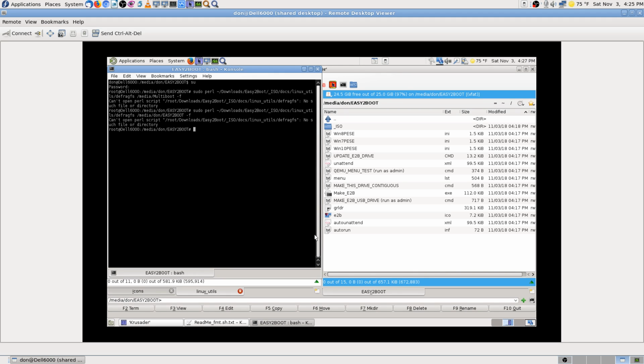Can't open Perl script. Root downloads. Oh, it says root. Okay, we don't want that, it's not in root. Why does it think it's in root? I guess just because, oh, I see. It thinks it's that squiggly line. Yeah, that squiggly line there. So what we need is